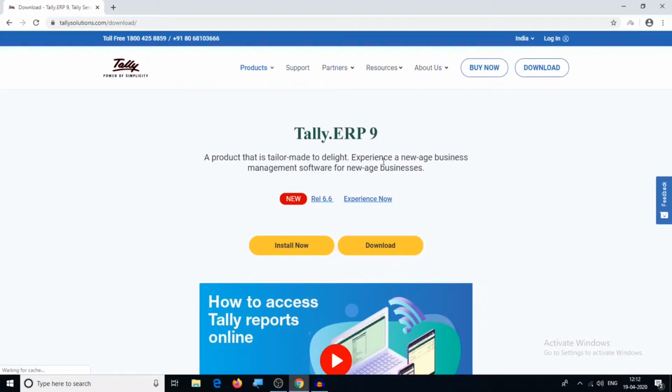Here you can feel free to surf the website. We are directly on the download page. Here you can choose your country. It's Kenya, Middle East, Indonesia, Bangladesh and international. If you can't see your country here, choose international. When you start creating your own company, it will ask for your country in the software itself because it has 140 plus countries in it. So I'll be choosing international right here.